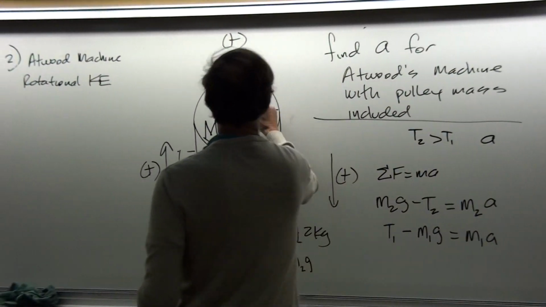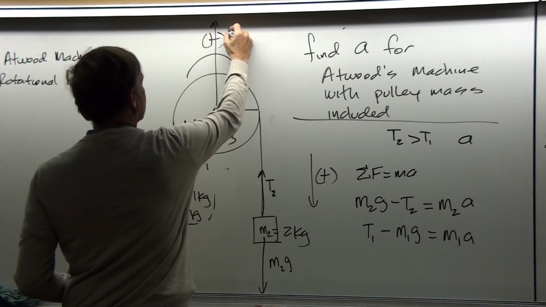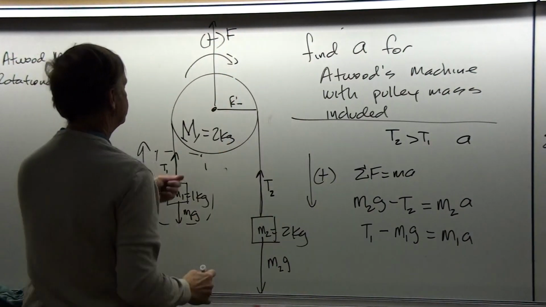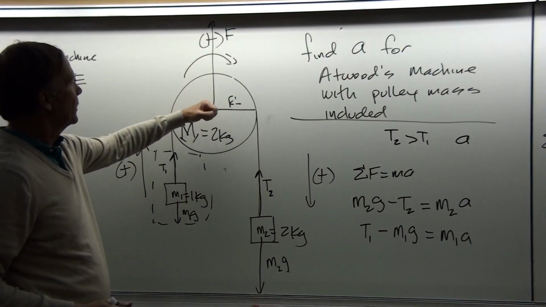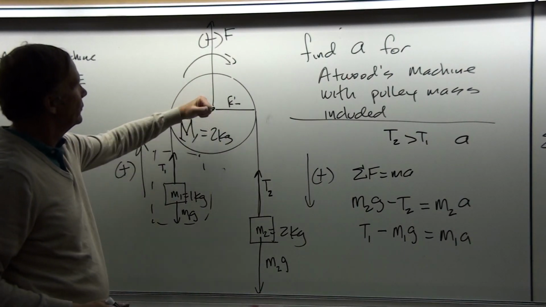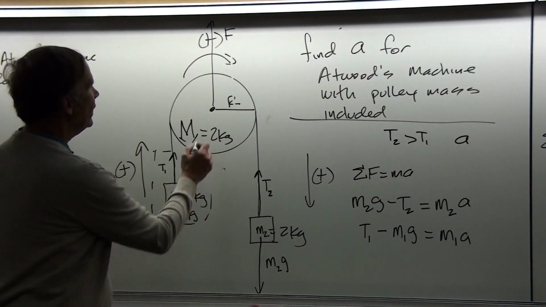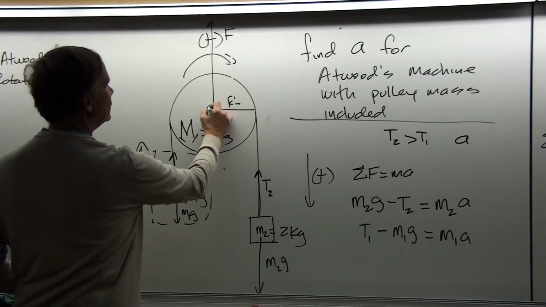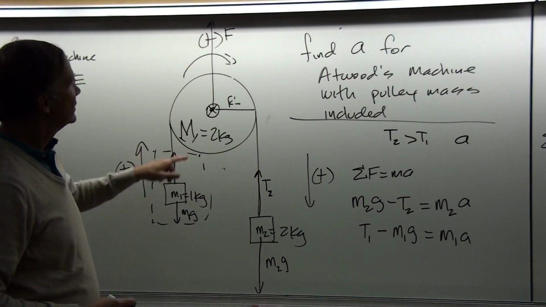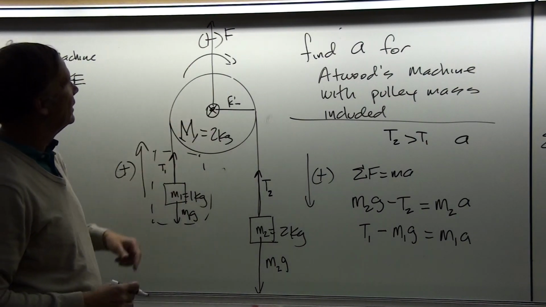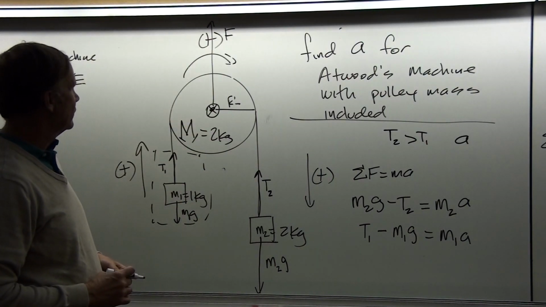So remember that we do in fact have a normal force here at the pivot, whatever the support is on the pivot. But we don't really need to worry about that if we again choose, for this fixed pulley, the center of spin to be right at the center of the pulley.